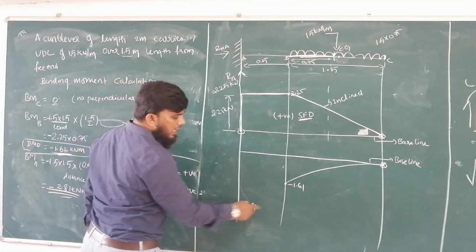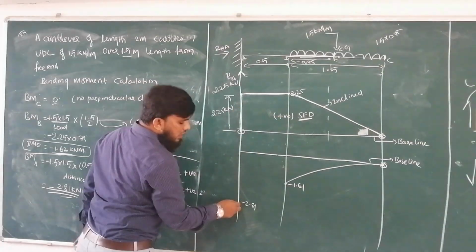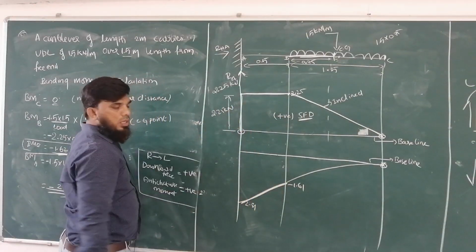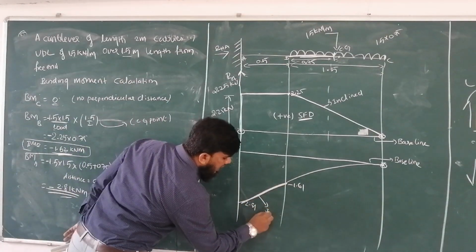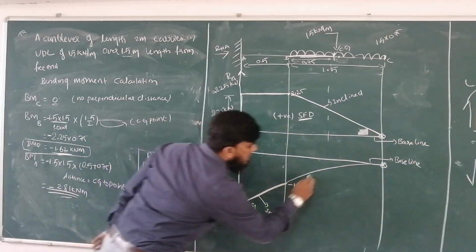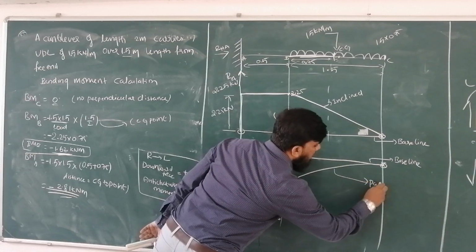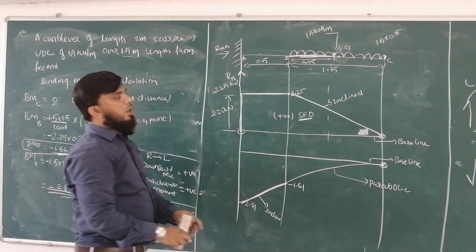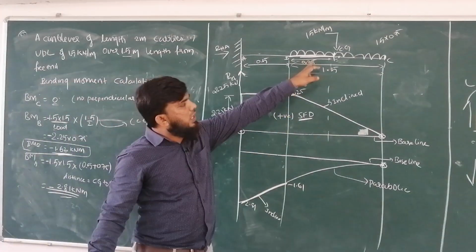But here the line is linear, which means this will be inclined. No load is acting between these two. This is inclined, you can write here inclined. This is a parabola. A simple thing you can remember is parabolic curve. How you have to remember is, wherever UDL is there,